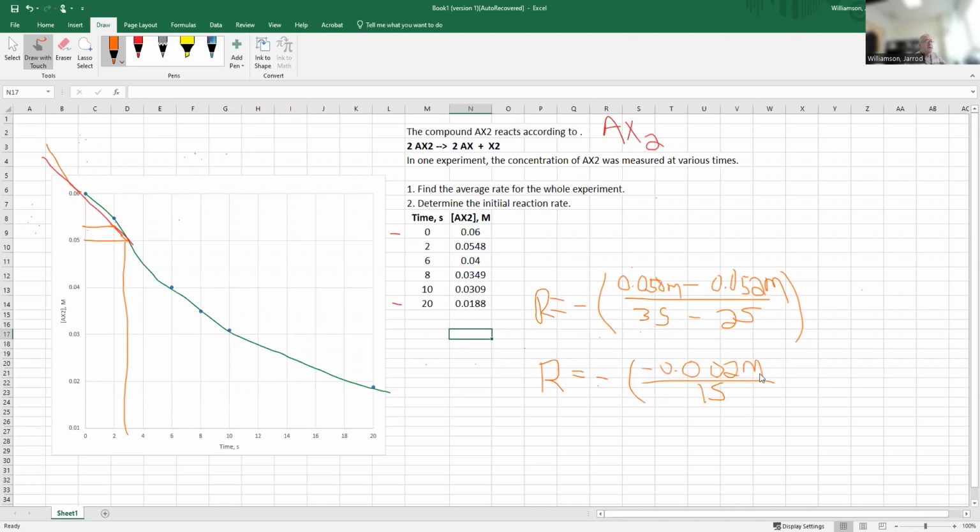We're not worried about sig figs. You should be, but I'm not worried about sig figs in this demonstration problem. Now I got a minus sign and another minus sign because reaction rate is never negative. And so when I'm done here, I'm going to have the reaction rate as positive